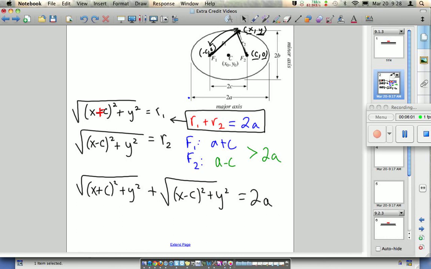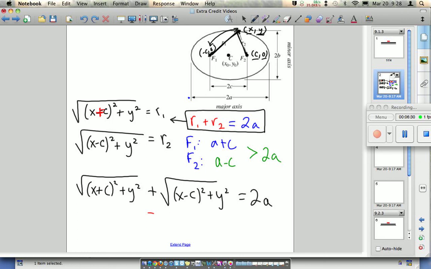Okay, so we're at the point where we have every single point. We have a rule that we could use right now because remember, c and a are numbers for this particular ellipse. And we could plug in numbers for x or y to figure out what the other one is, but we want to clean this up and make it look much easier to work with. So the first thing we notice is that we have lots of square roots. So we are going to have to square some things, and we're going to start by